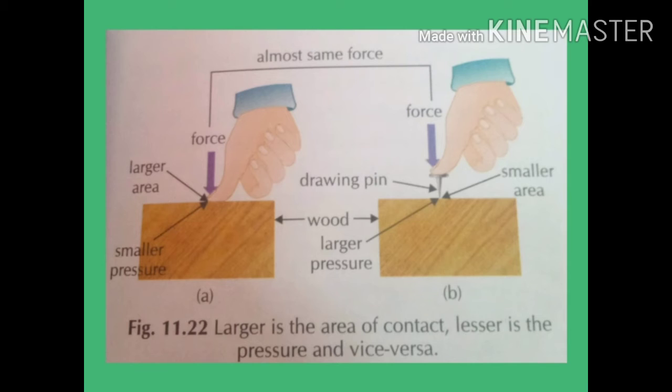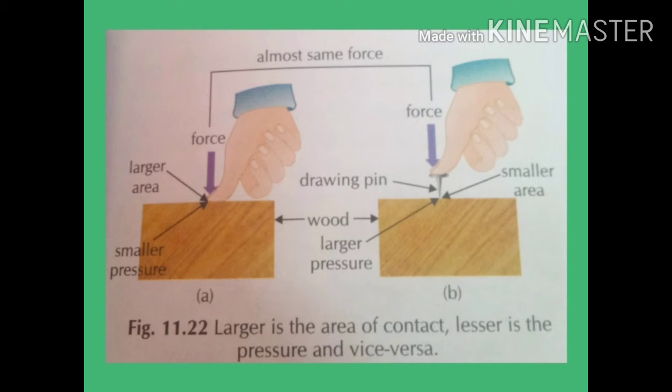This means that in the case of the drawing pin, the area over which the force acts is smaller. Therefore, its effect on the wood is much greater. This is because of a physical quantity called pressure. The drawing pin goes into the wood due to the sharp tip. The force of the thumb falls on a very small area of the wood, due to which force per unit area on the wood becomes very large. Thus, the effect of force depends on the area of the object on which it acts.